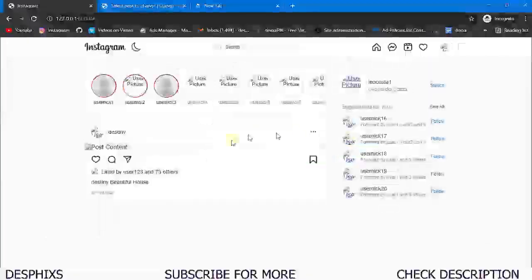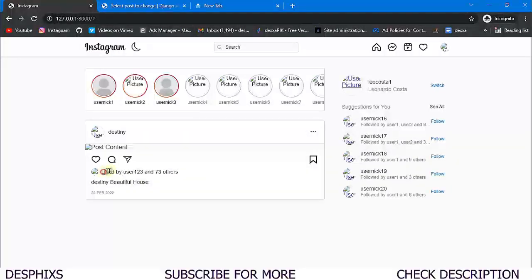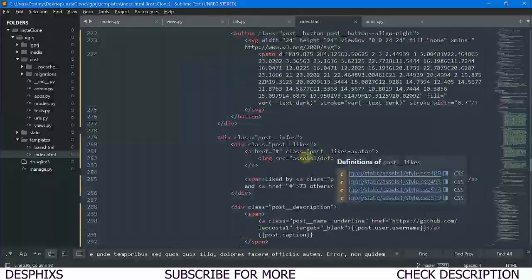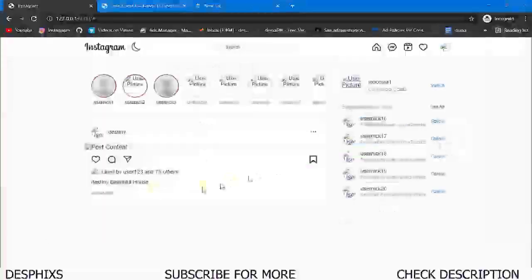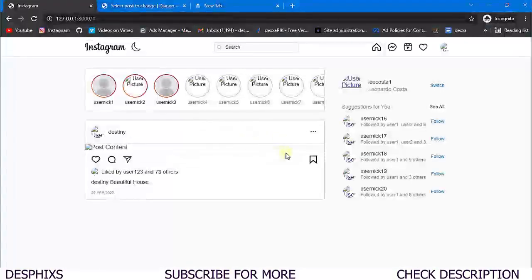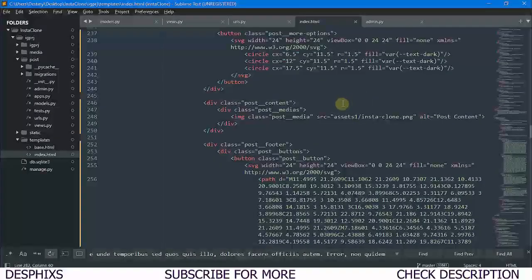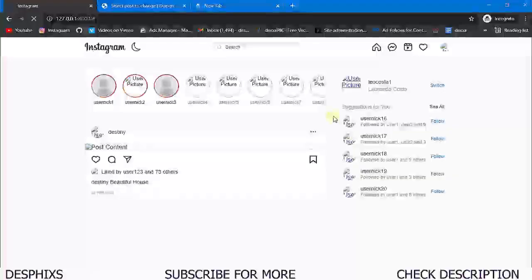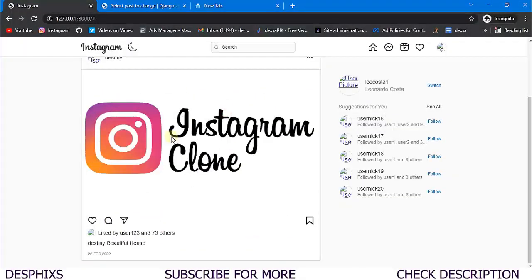Okay, so coming over to this part, I'm actually still looking for where we're gonna see the pictures. Let's see. Okay, this is a button, this is another button, this is another button. Okay, so let's actually add static over here and let's see what we've got for that one. Okay, so as you can see, it's an image that we've got.